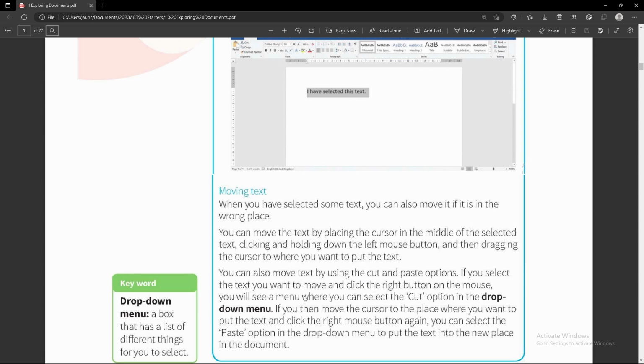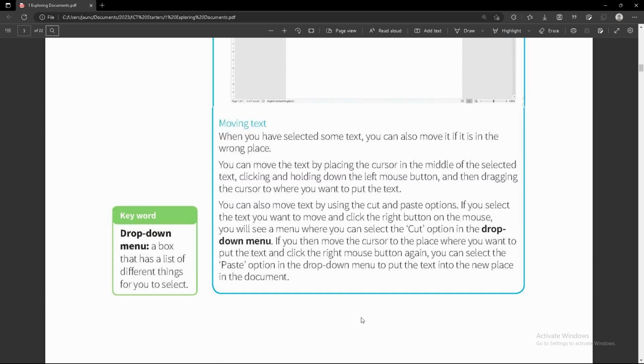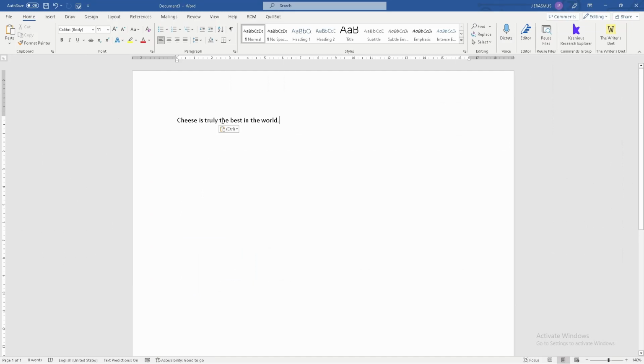If you select the text you want to move and click the right button on the mouse, you will see a menu where you can select cut in the drop down menu. If you then move the cursor to the place you want to put the text and click the right mouse button again, you can select the paste option in the drop down menu to put the text in the new place in the document. Okay, so let's say I wanted to move this